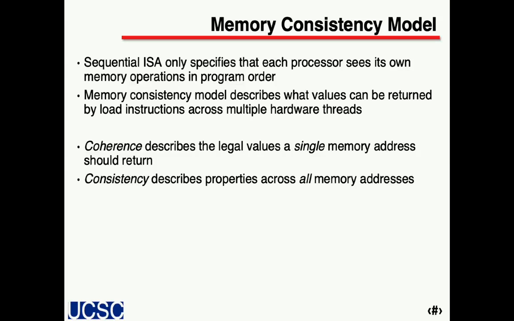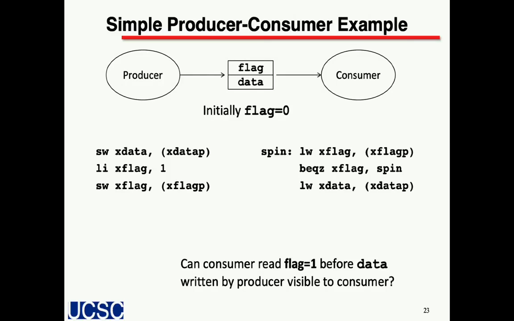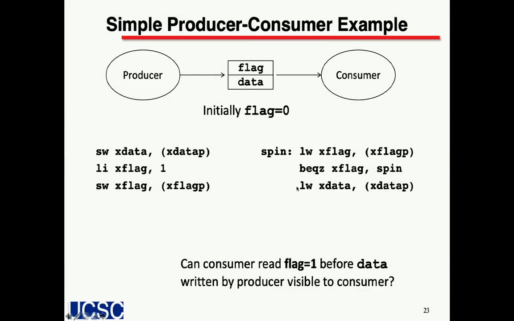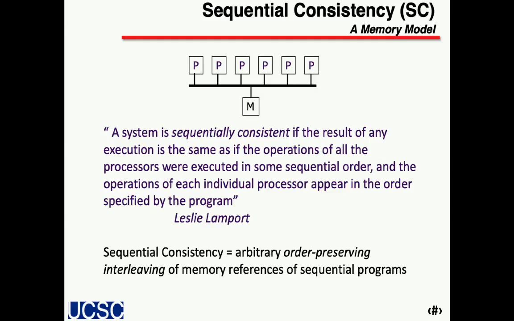So I'm going to wrap up just by showing the example where this can go wrong. Initially we have flag equals 0. But the question is, that's assuming that when flag goes from 0 to 1 from the point of view of the consuming processor, when that transition is visible, the data has already been written. But as alluded to, perhaps because of a store buffer or something else, maybe data is not there yet. So this slide is saying, what happens if the consumer sees a flag of 1, but data is actually not there? That's how we can get the wrong answer. So the ideal memory consistency model